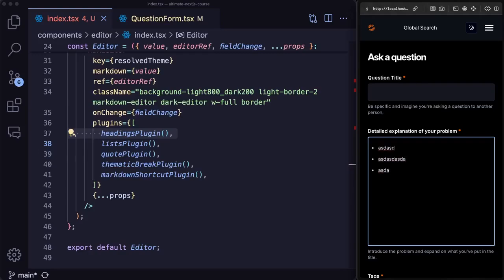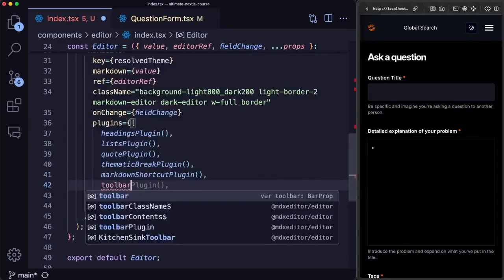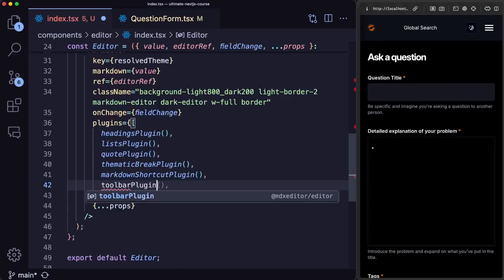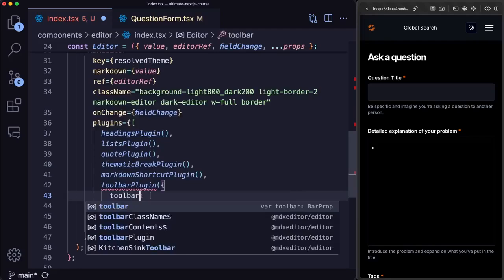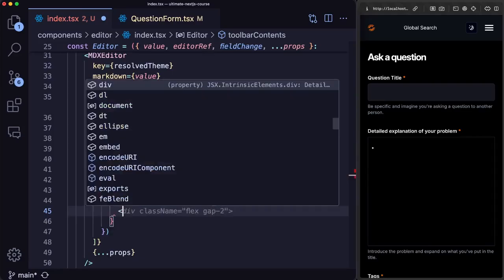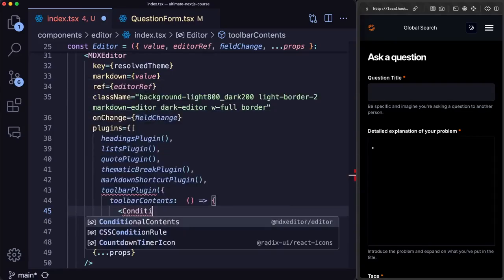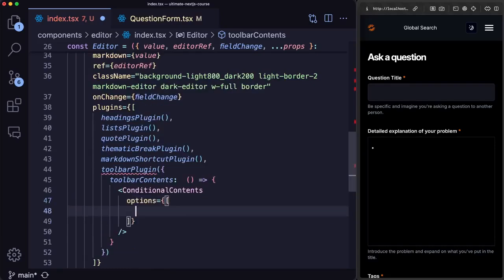But what if you want to be able to do these by selecting from the navbar? For that, we have to add a toolbar plugin. So let's add it at the bottom, toolbar plugin, and within it, we can have the options where we can define toolbar contents. That's going to be a function. And here we can return conditional contents, which will accept options, which is an array where we can have an